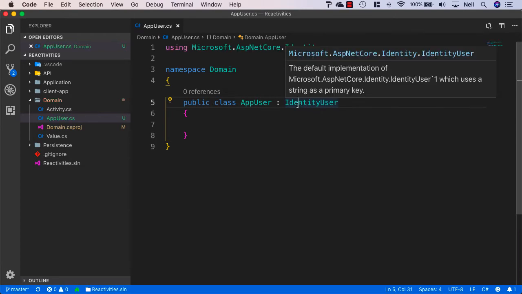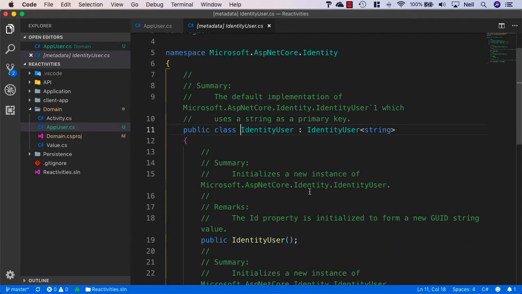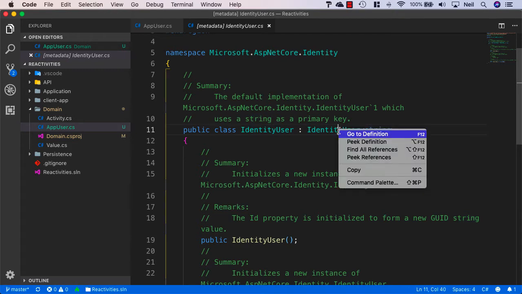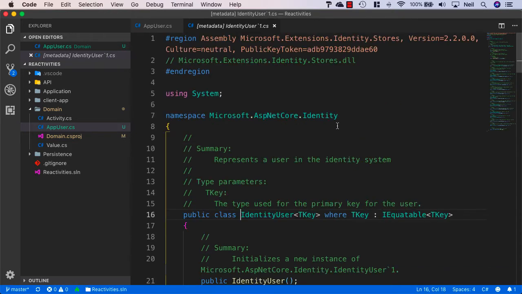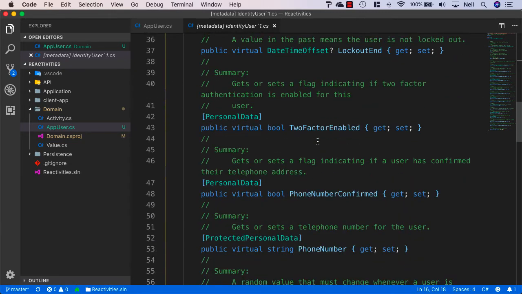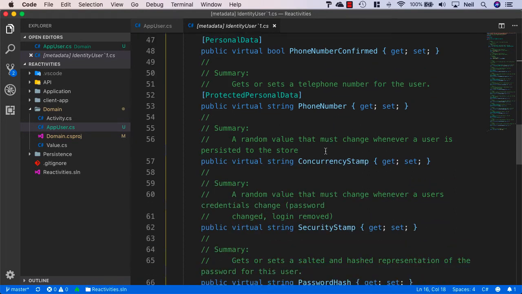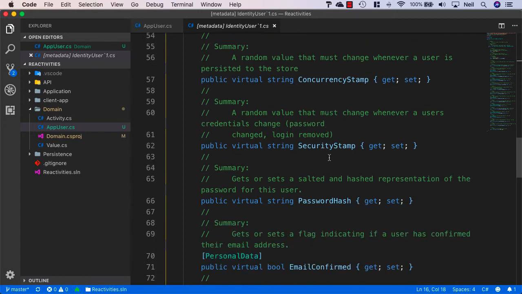Identity. So if we take a look at the Identity User class and see what we get from this, first of all it uses a string as a primary key. By default we can change this if we want and use an integer, but this string is actually a GUID and it's converted to a string rather than using the GUID object. And if we take a look at the Identity User class itself, then we'll see all of the different properties that are available that we get inside this particular class that we're deriving from. So we'll have access to all of these properties just by the nature that we're deriving from the Identity User